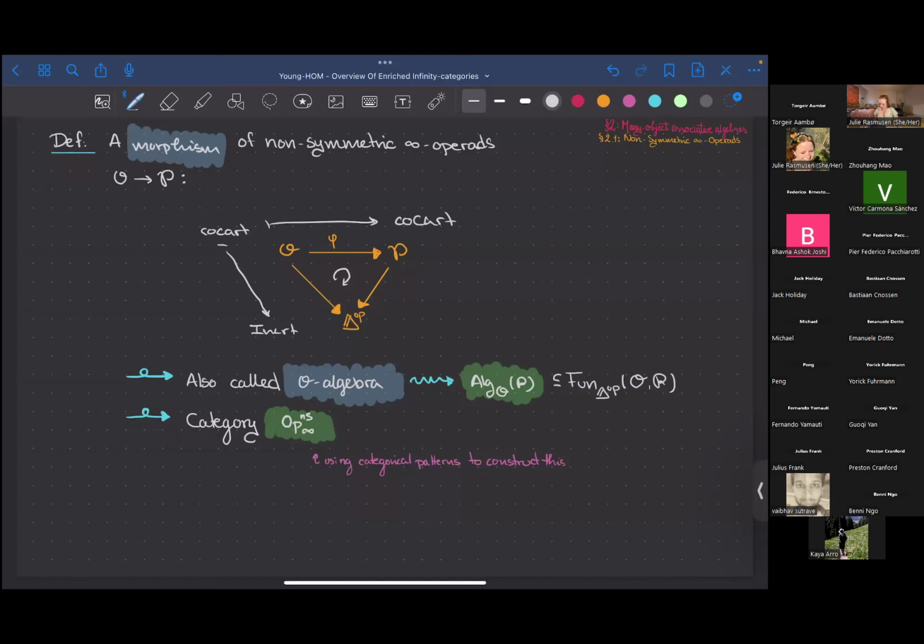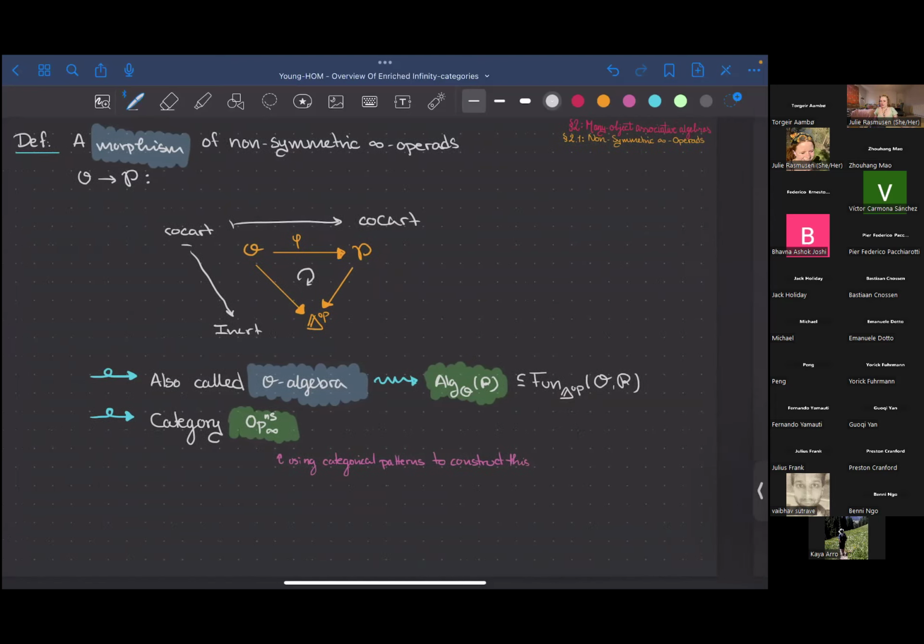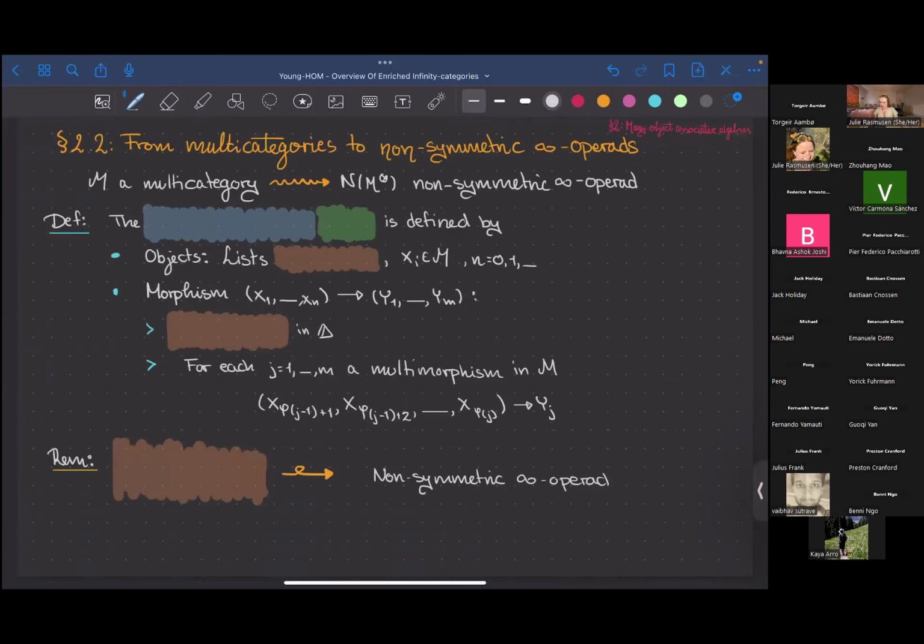Okay. The thing is that we can go from multi-categories to non-symmetric infinity operads in a relatively nice way. So the idea is we have a multi-category, and then we want the nerve of a version of our multi-category to be a non-symmetric infinity operad. And I'm probably not going to write the nerve, but it's in theory there. So if we have a multi-category M, we can define the category of operads